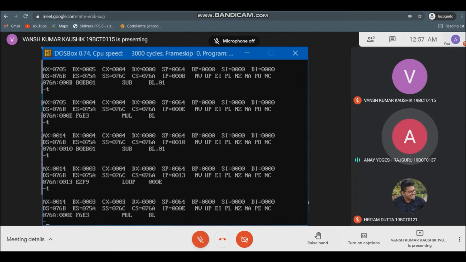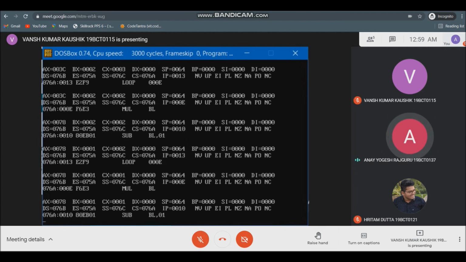As we can see, we again encounter mul BL, and again the content of BL is multiplied with the content in the AL register, and the value of the multiplication will be stored in the AL register. After multiplication of the content in BL, that is 03, and AL, that is 14, the value of AL becomes 3C. Now to run 6 commands together, we press T6.